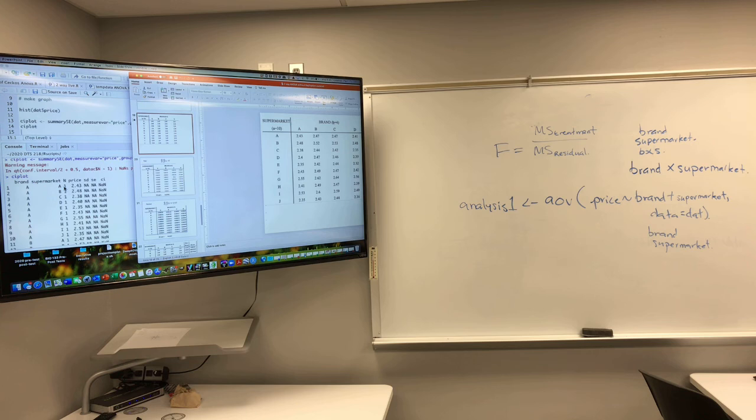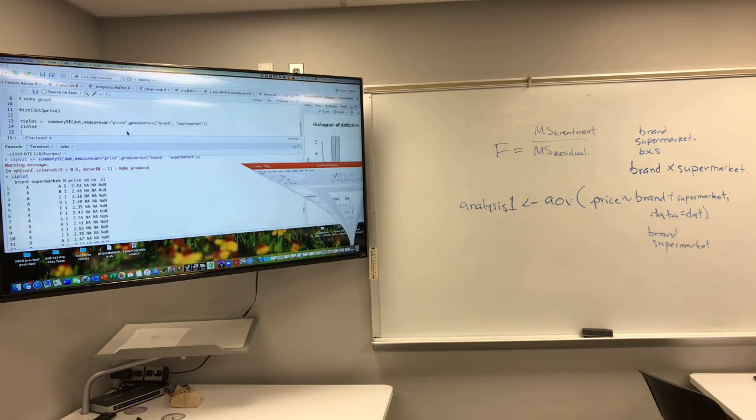You can't calculate within sample variation, so you can't calculate a standard deviation if you can't calculate a variance. You can't calculate a standard error if you can't calculate a standard deviation, and you can't calculate a confidence interval if you can't calculate a standard error. This is R's way of, once again, telling you you're asking me to do something that I can't do, because you have an unreplicated two-way ANOVA design. So it wouldn't make much sense to do this plot, because if we were to do this plot,